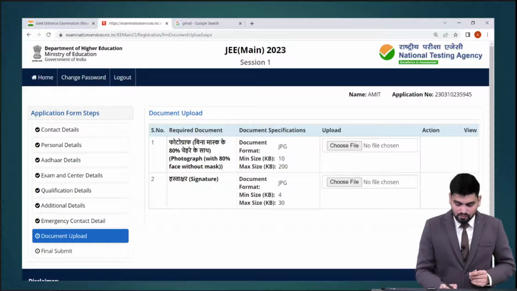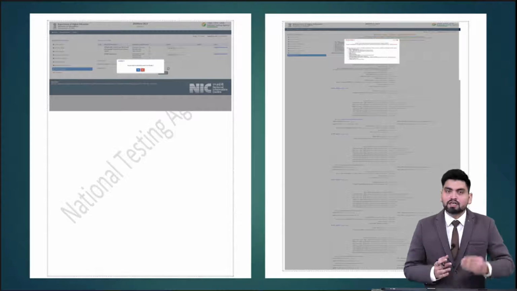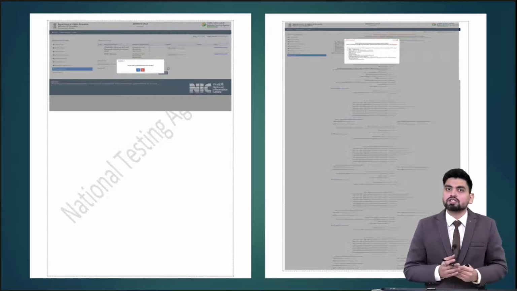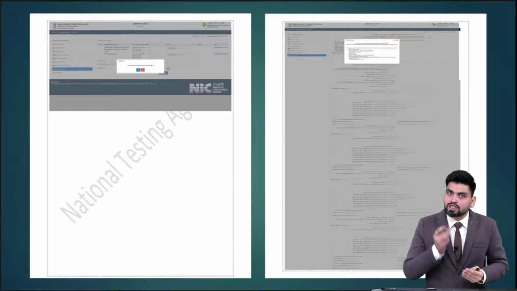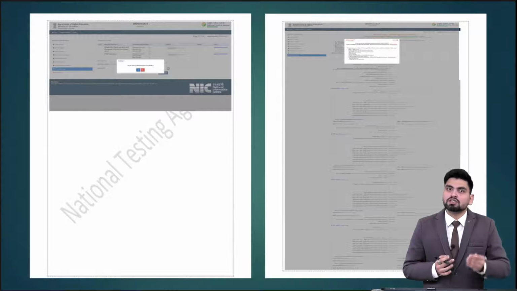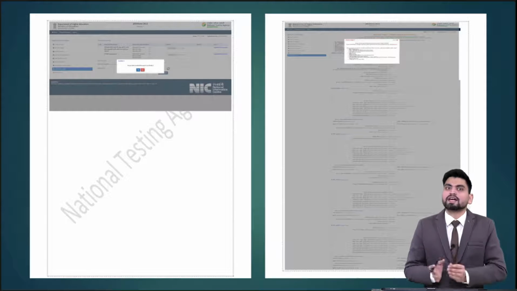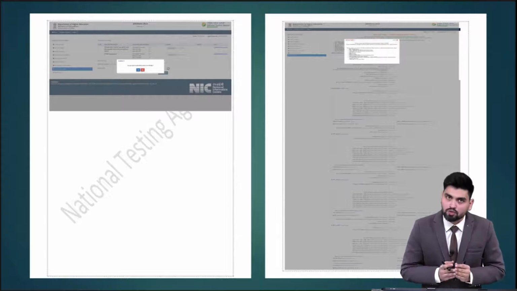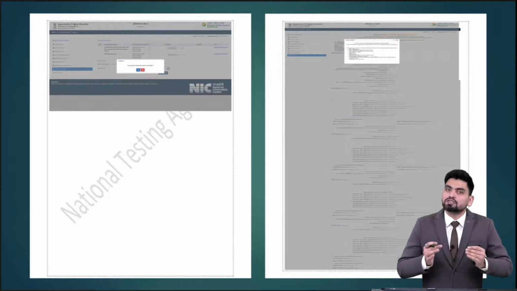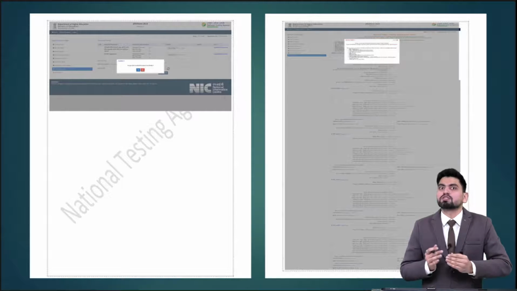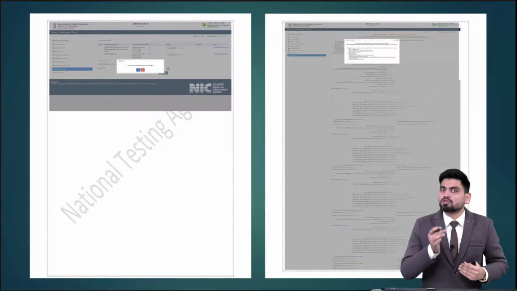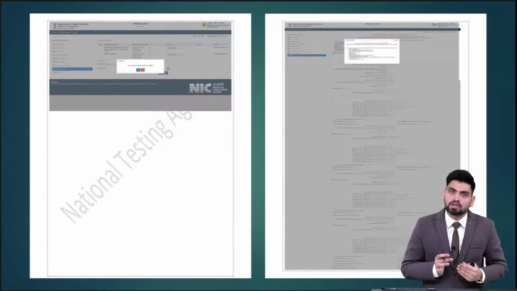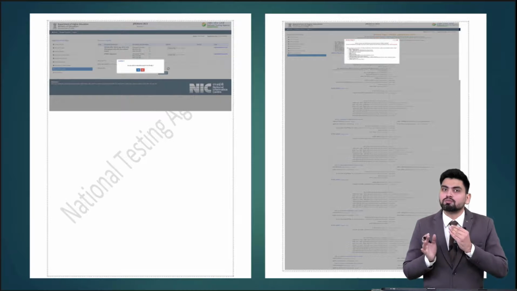Right. Now, as you can see on the left side of the screen, after uploading the documents, you will get a final pop-up. Do you want to really submit it? Then just click on yes. And now, as you can see on the right side, this kind of preview page will open. Request you to kindly check very carefully all the particulars which you have filled in your registration and your application part, because this will be your last opportunity to correct the details again. Okay. This will be your final submission.